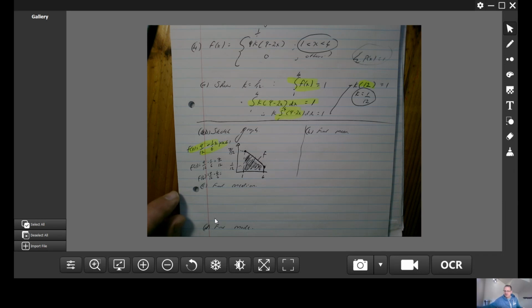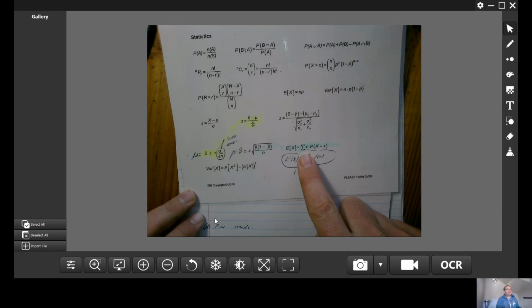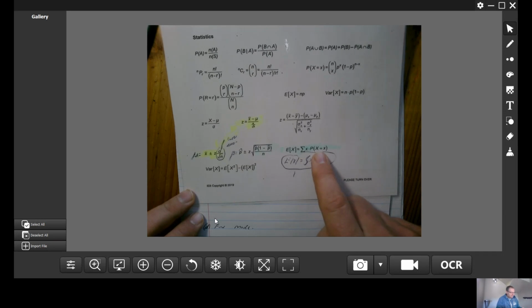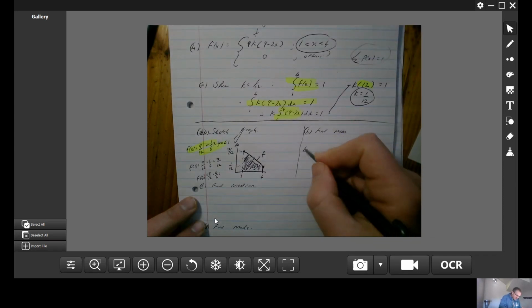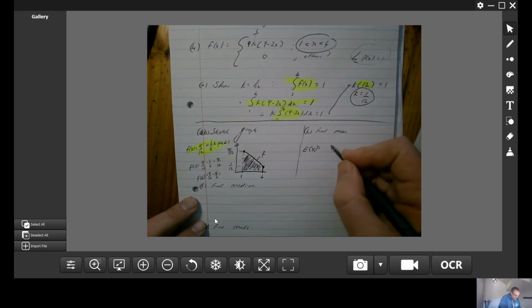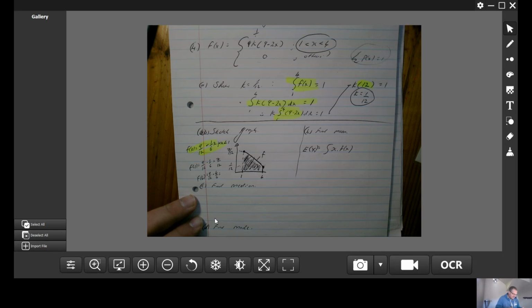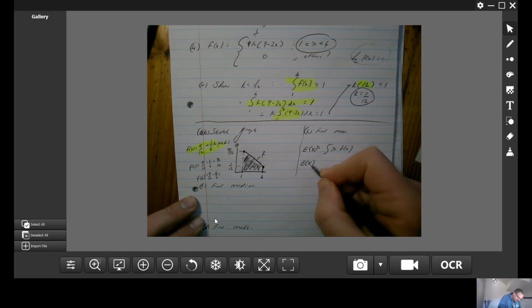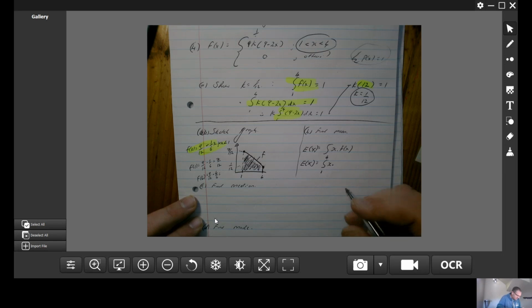When you're asked to find the mean, if you forget, go to your formula sheet. Remember, it's the expected value. It means often ask for find the expected value. So it's x times the probability value, sum them all up. So the formula is E of x, which is equal to the sum of x times f of x, where f of x is your probabilities. So in our particular case, E of x is going to be equal to the sum from 1 to 4 of x times by, well, f of x is equal to